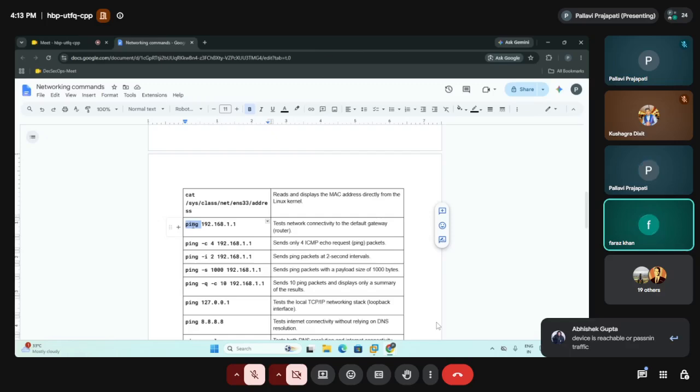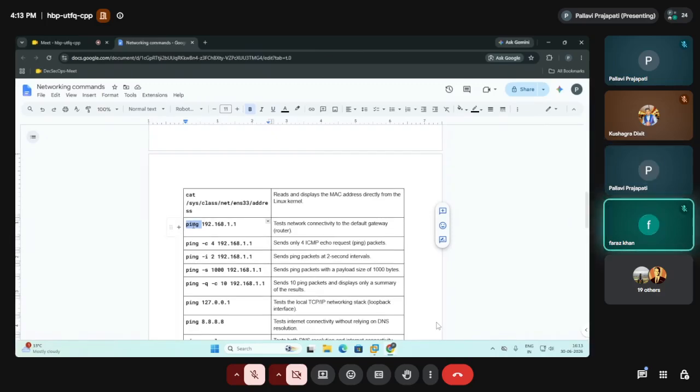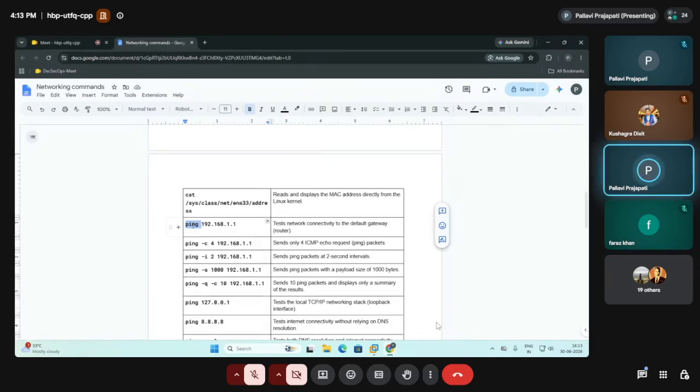So basically, the ping command is used to test the network, to test the connectivity with the router. Yes, it is correct.